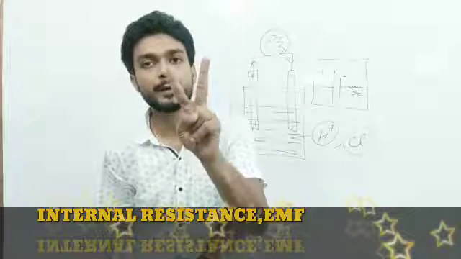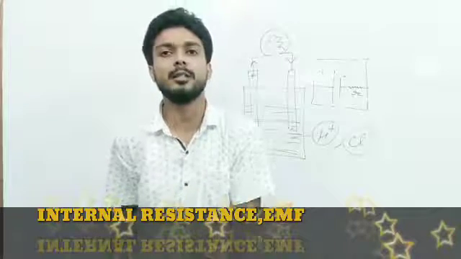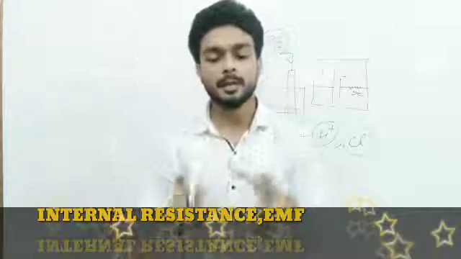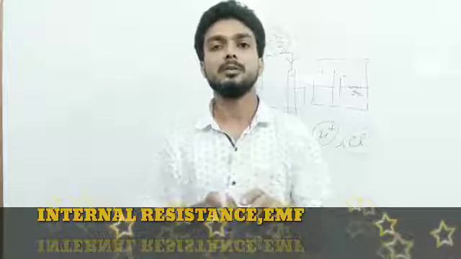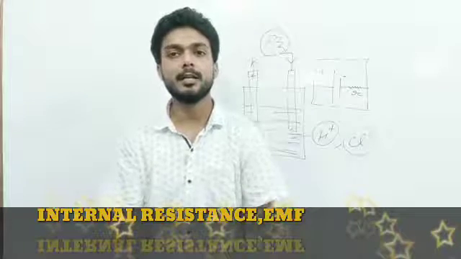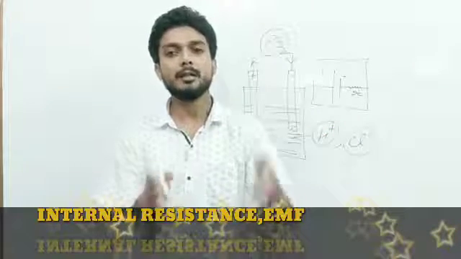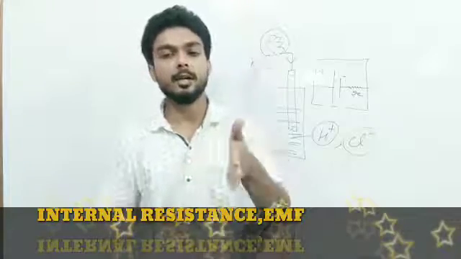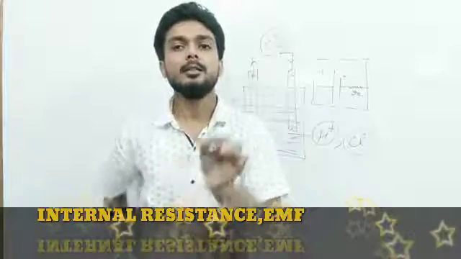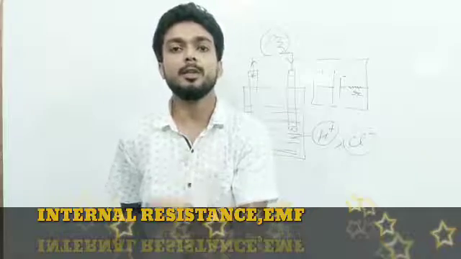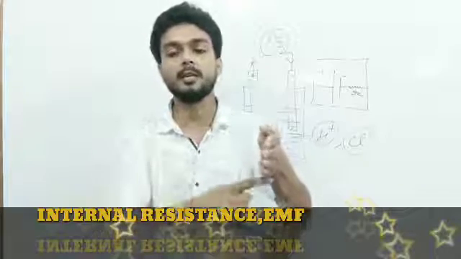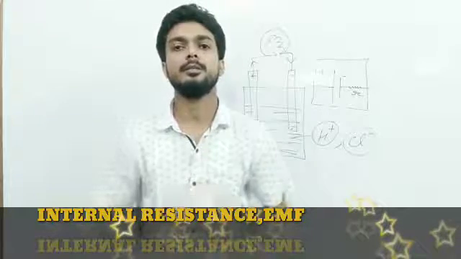Then I have discussed two factors. Number one is concentration of electrolyte, and number two is, students, separation between the electrodes. Number three is the area of electrodes. You can observe in the battery of an inverter or any type of battery, there are electrodes in the form of plates, because to increase the area we use them in the form of plates. Here the internal resistance is inversely proportional to the area of the plate. More area of the plate, or you can say more area of the electrodes, lesser will be the internal resistance.